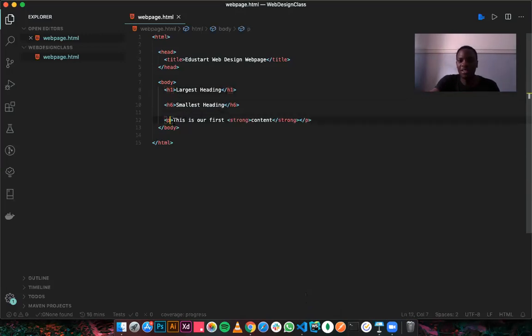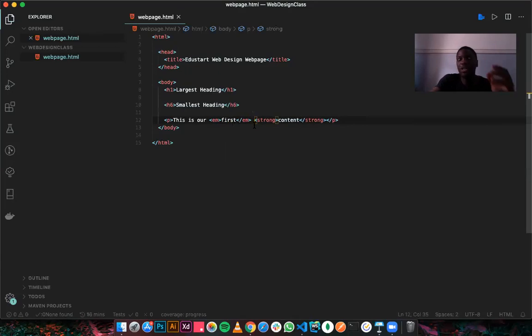So P is for paragraph. This is the paragraph element. And then we introduced a formatting tag into our paragraph element to make the content text bold. We can do the same thing on this first text by adding emphasis to it. The EM element represents stress emphasis of its content. What it basically does is make the text italicized.